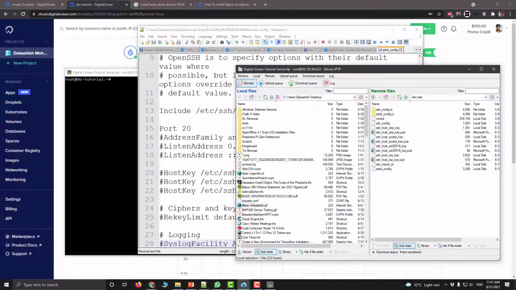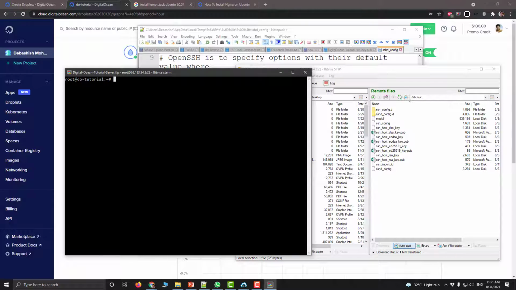Okay, so once that is done, now since I changed the port, let me just restart the SSH daemon. So you can write service, it is either SSH or SSHD. Yeah, I think it's SSH.